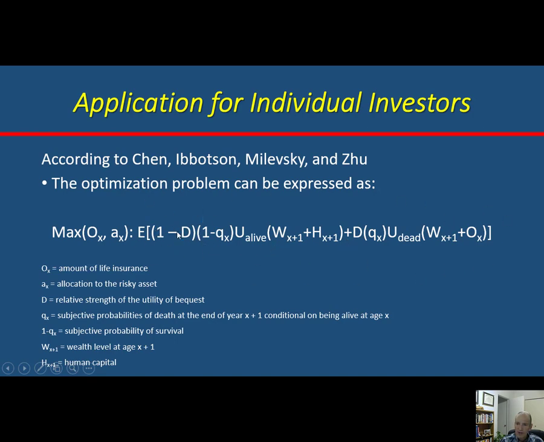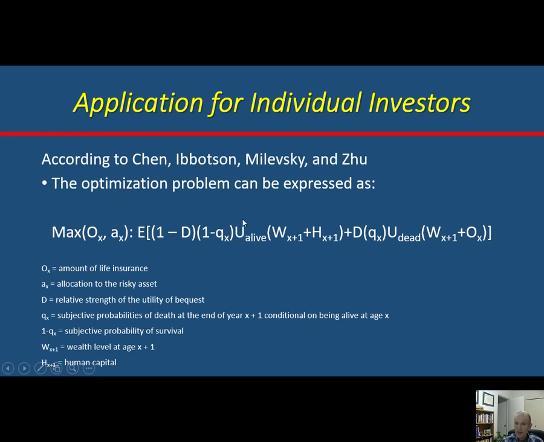When you're young, your dead state is really unlikely, so you've got a 99.9% chance of being here, but there is some chance there. 1 minus Q is essentially, the D actually here is bequest, how much you want to leave to your heirs. So your alive state, what you leave to your heirs is actually harming your alive state. When you're dead, how much you want to leave to your heirs is the biggest part of that. QX is your probability of dying, so 1 minus QX is going to be really low when you're young, and it's going to increase as you live.